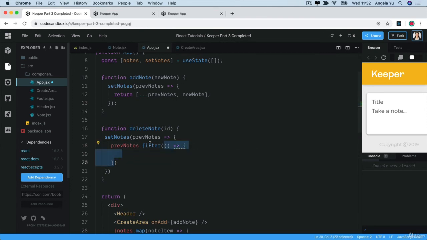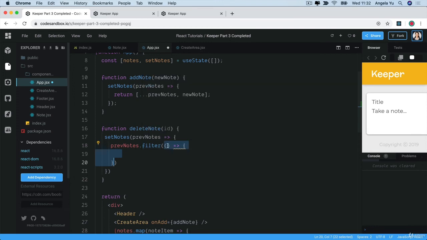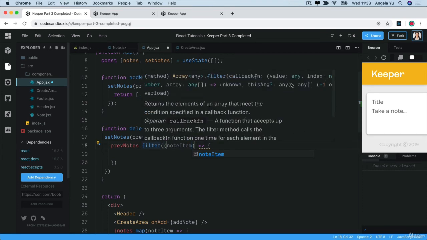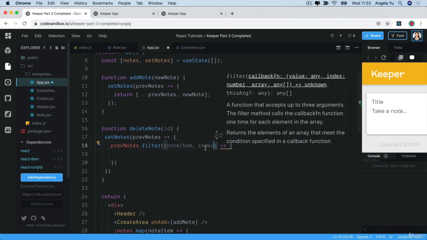So this is our function that's being passed to our filter function, and it can take up to 3 arguments. The first one is the value that we're currently looping through in the array. So that's going to be the note item. And the second one is the index of this item. So that's going to be really useful very shortly when we're going to be checking to see which ones we